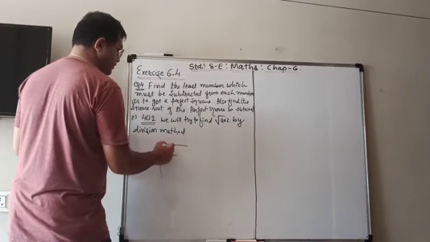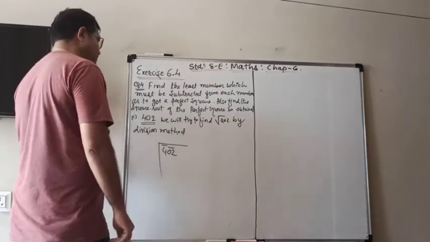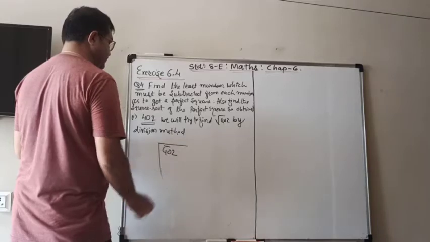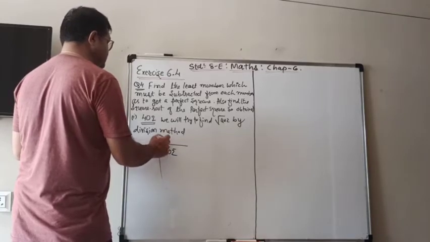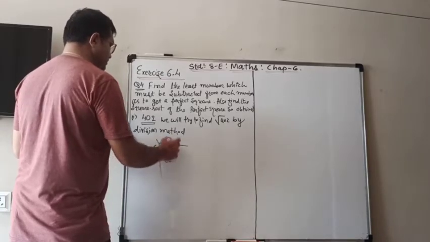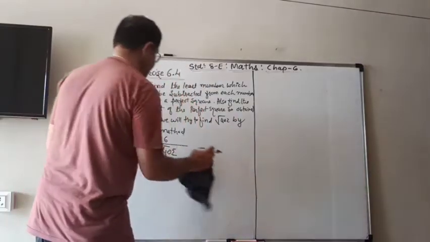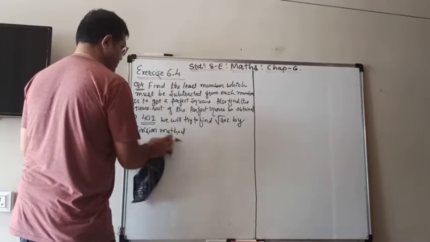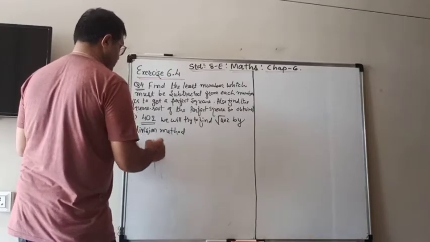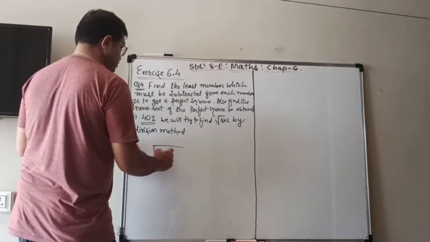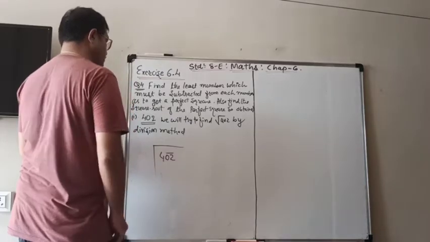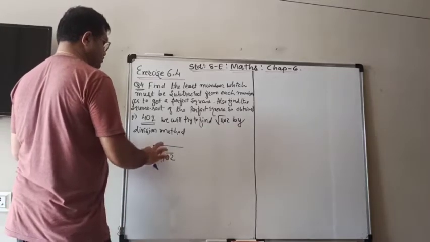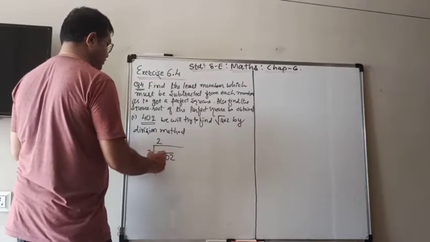Now from the back we have to make the pairs. So 4 will be alone. Don't make a mistake, because some students make the mistake of taking 40 first, then they start like 6 6s are 36, and that will be the wrong method, because we have to make the pairs from the back side, starting from the unit digit. So 402 will have only 02 as a pair and 4 will be alone.